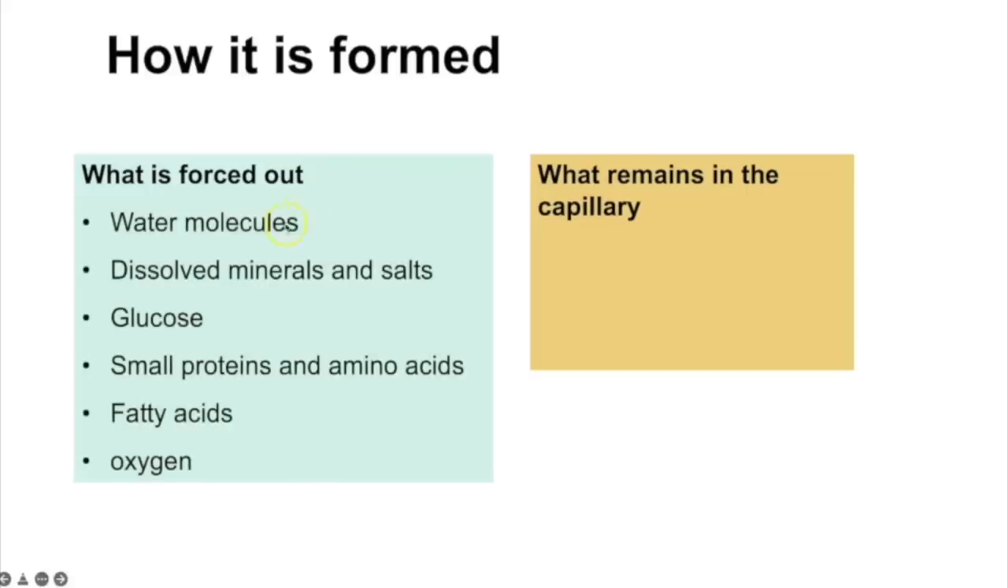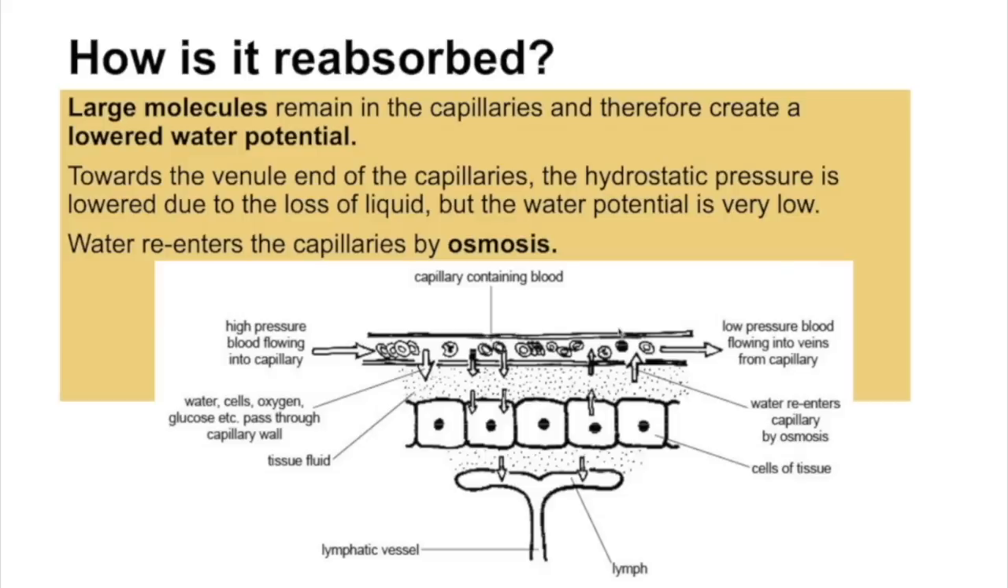So the molecules that can be forced out, we just went through all of those, but anything that is too big cannot get out of those tiny gaps between the capillary cells, and that would be things like the red blood cells, platelets, and large proteins. So those will remain in the blood. And the fact that they remain in the blood is actually what enables the liquid from the tissue fluid to be reabsorbed again. So towards the venule end of the capillary, which is over here,